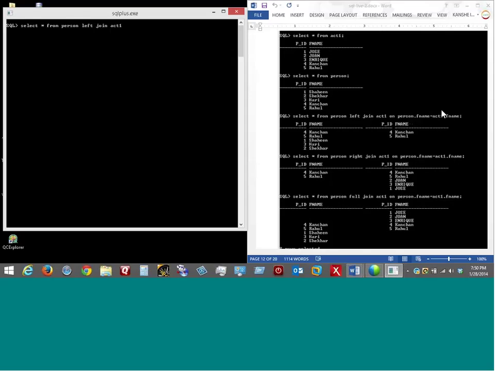And of course because we have the same column name, this is one thing to remember: when you have the same column name, you are basically specifying the relationship here by using the table name dot column name. So we are saying, these two have to be equal. So on person dot